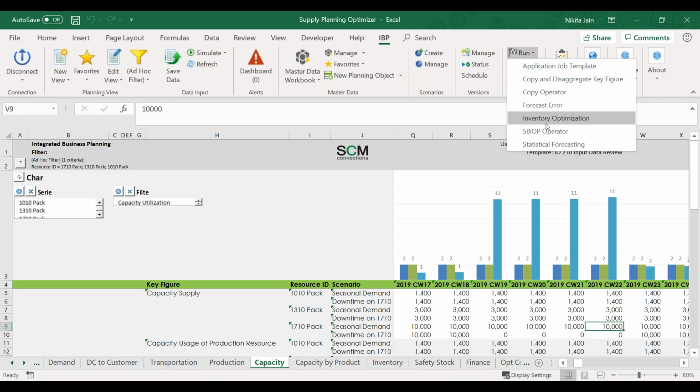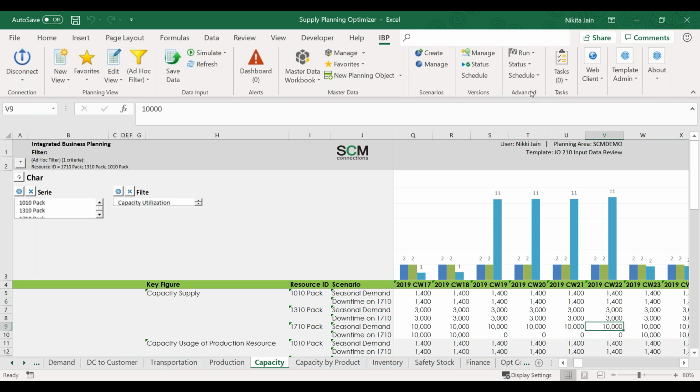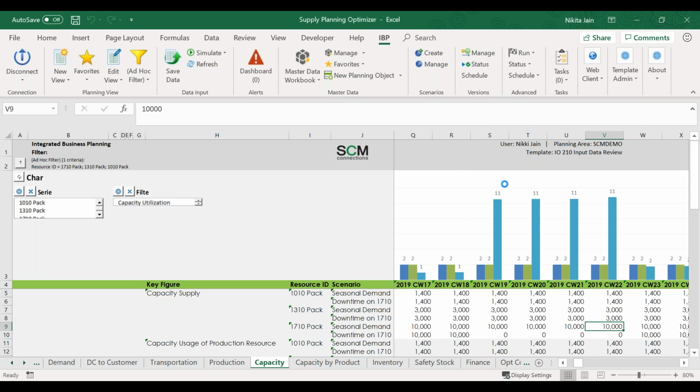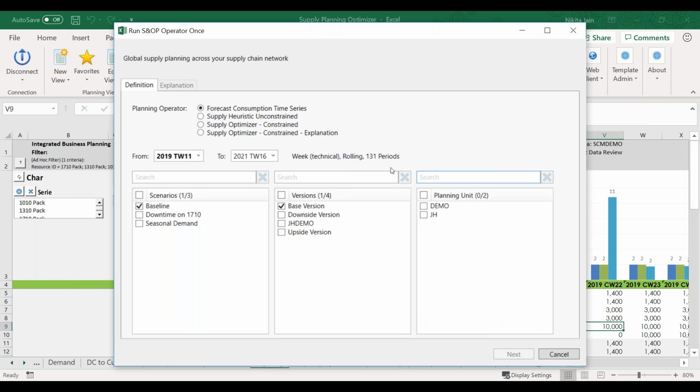We're going to run the optimizer, and it's a fancy button here under Advanced Run. It's one of these operators here. And you can set the settings for your different optimizer profiles based on your different penalty costs that your business might have. But what I'm going to do is select the supply optimizer, constrained, downtime scenario, and I'm going to use my... And just to point out before you click next,